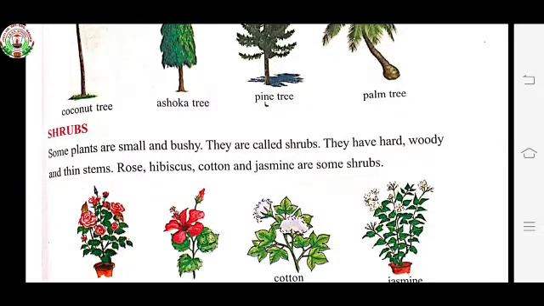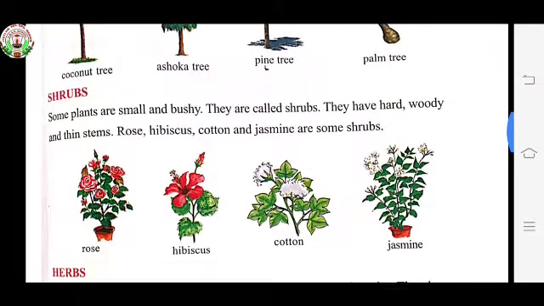Next, let us move to the shrubs. Some plants are small and bushy. They are called shrubs. They have hard, woody and thin stems. Rose, hibiscus, cotton and jasmine are some shrubs. So children, first we have learned about trees. They are very big and strong.